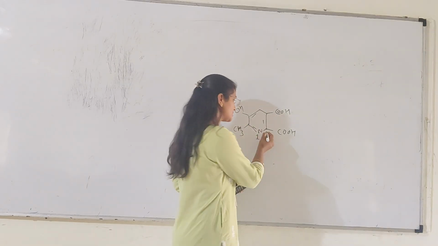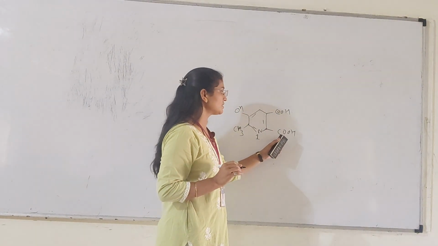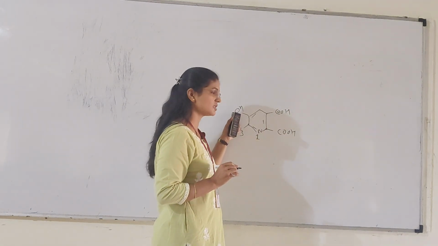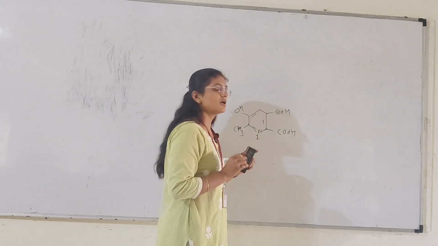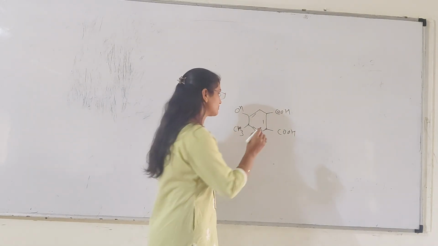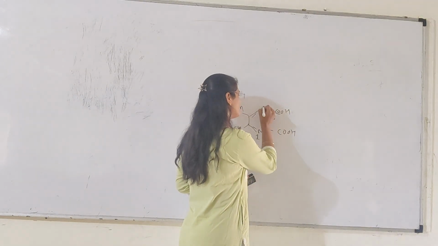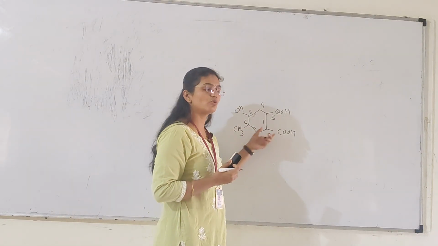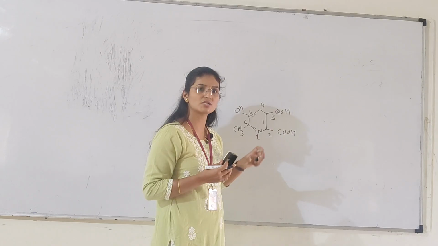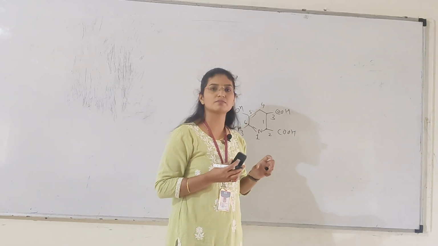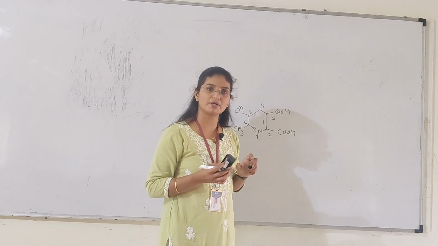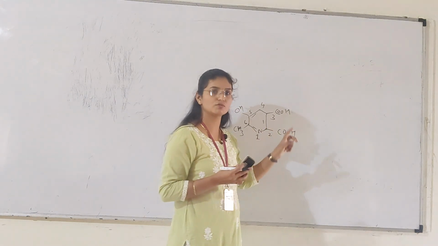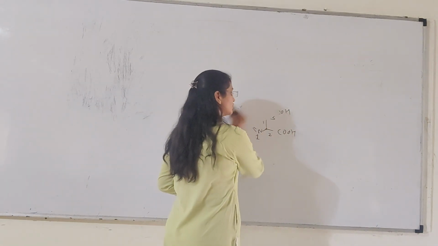In this example, the first is the carbonyl group, the second is again a carbonyl group, the third is the hydroxyl group, and the fourth is the methyl group. When you arrange these, the numbering is 1, 2, 3, 4, 5 and 6. So if your compound contains more than two substituents in your heterocyclic ring, then numbering is given in such a manner that all substituents are arranged in alphabetical order, and alphabetically the numbering is given to that compound. This is the third rule.